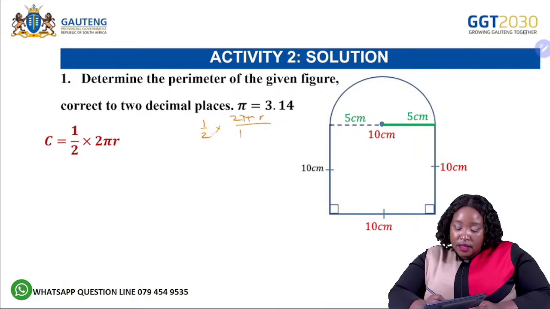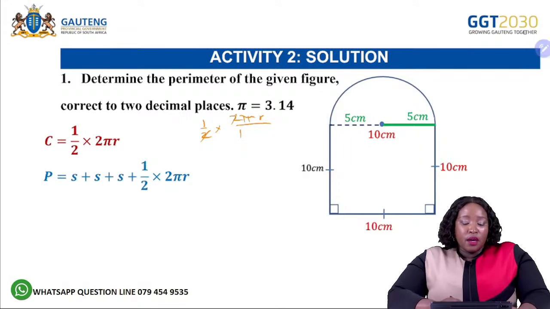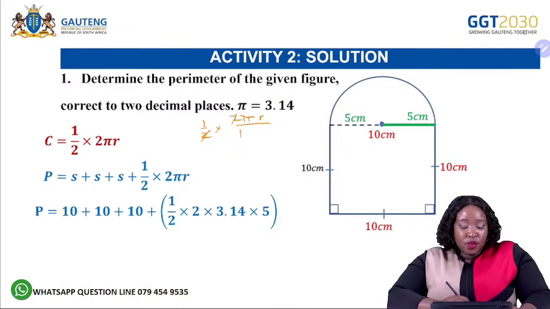And you see that these 2's will cancel and you'll be left with just pi r. Okay, so you would add the 3 sides to get the perimeter plus pi r. And that would give you 10 plus 10 plus 10 plus 3,14 times 5. And you get